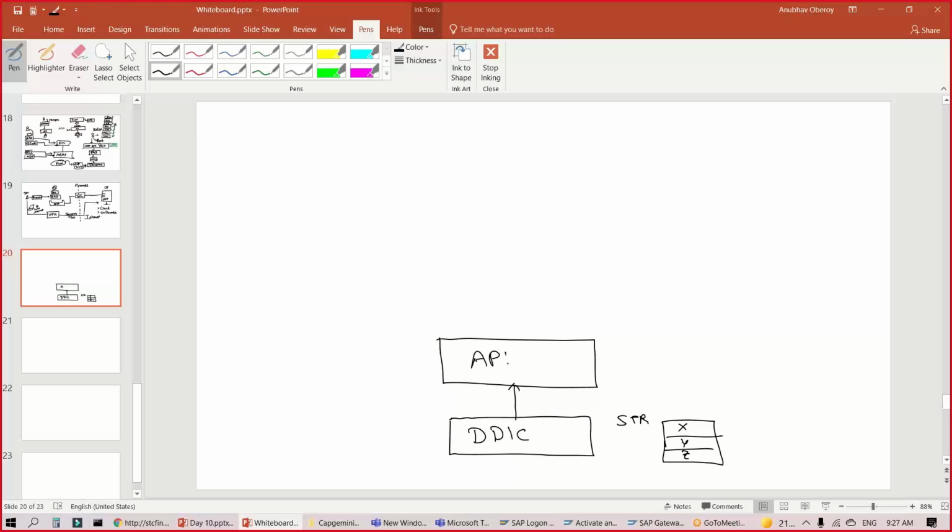We call it the API layer. Here you develop a function module or class to read data and perform CRUD operations with select queries on this database structure.